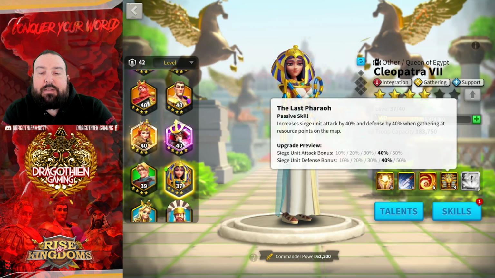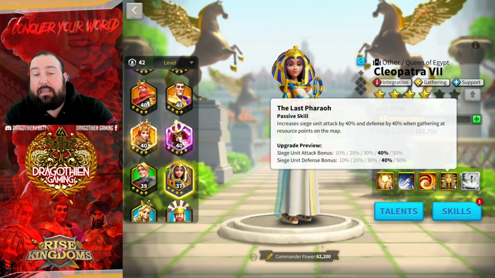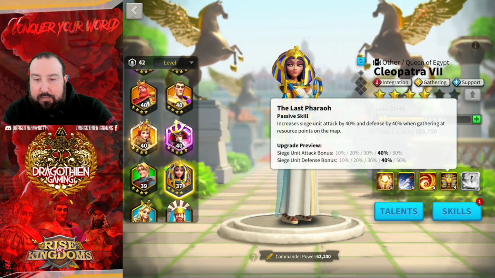And then finally, the last one. This is like the gathering tile battlefield kind of thing, but really you should not be battling with siege. I think we made that very apparent in quite a few of our videos. And if you are, it's not the worst thing in the world if you've got Cleo, because she gives a 50% attack and defense bonus when gathering at resource points on the map. And that's any resource point. Obviously, you cannot be attacked at your alliance resource node, so it doesn't apply there, but any other resource node